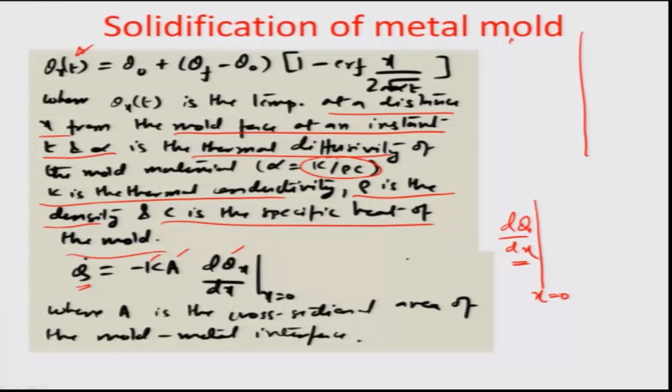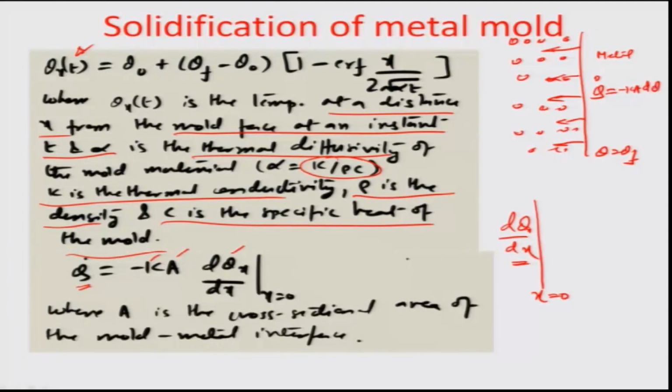So you already know that the sand mold, as I had illustrated earlier, had a boundary where the theta value was corresponding to the freezing temperature, and the heat transfer that was happening was typically in this direction across the area of the mold metal interface. So the amount of heat quantity, now heat rate q dot, that is emanated from the metal, which is at a higher temperature, to the mold, is actually dependent on minus Ka d theta x by dx at x equal to 0. At x equal to 0,